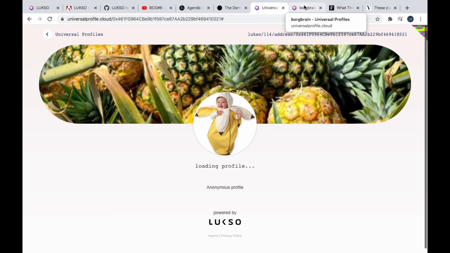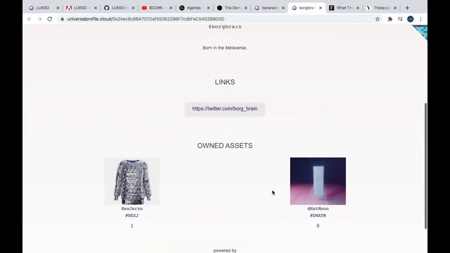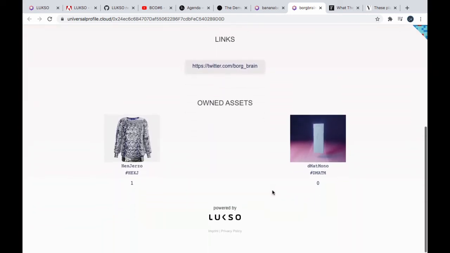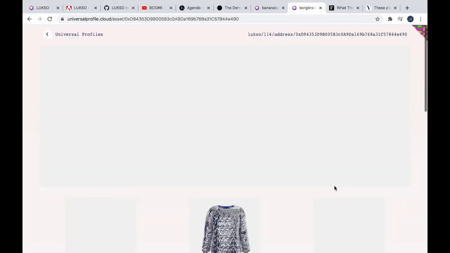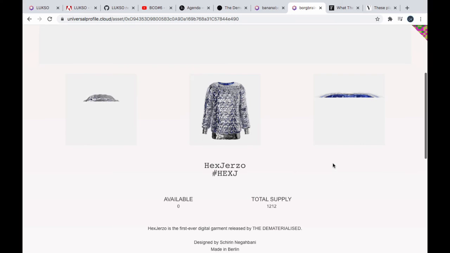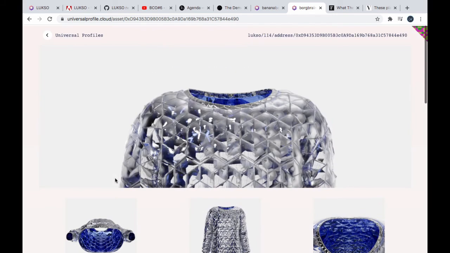But then, yeah, over here, here's my profile, right? Born in the metaverse. I guess I was born in the metaverse. Borg Brain itself was born in the cryptoverse, at least. And here I got my Twitter link, and here I got my little sweater that I own. And I don't own this thing over here. It says I got 0 of them, but I can go in and edit and take it out. So, yeah, this is pretty cool, hey?